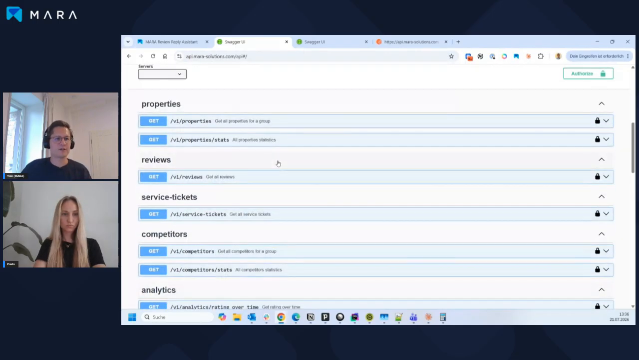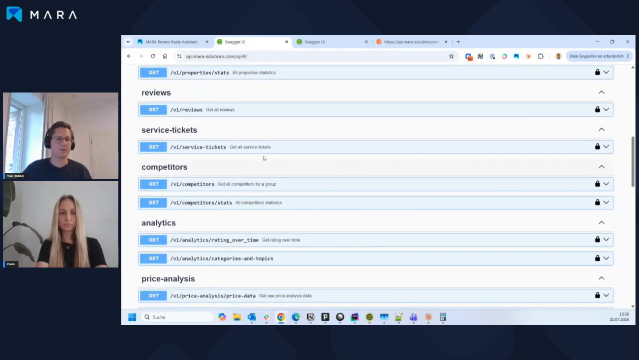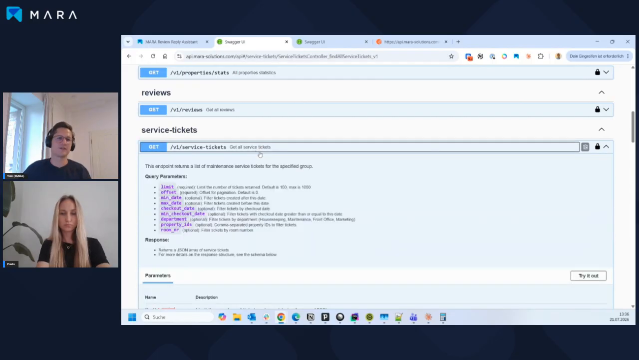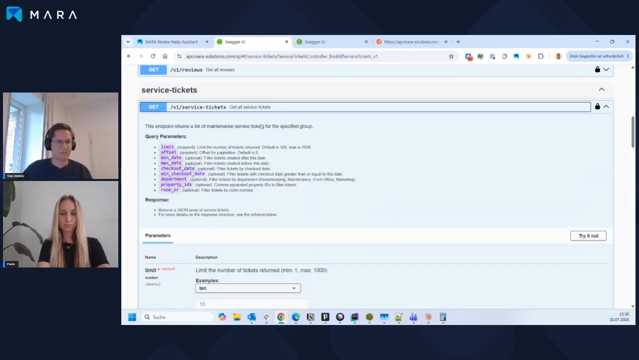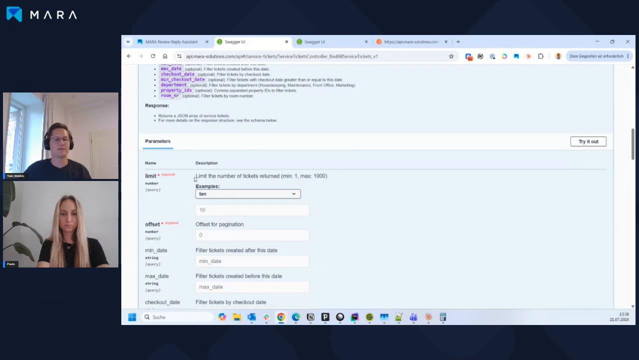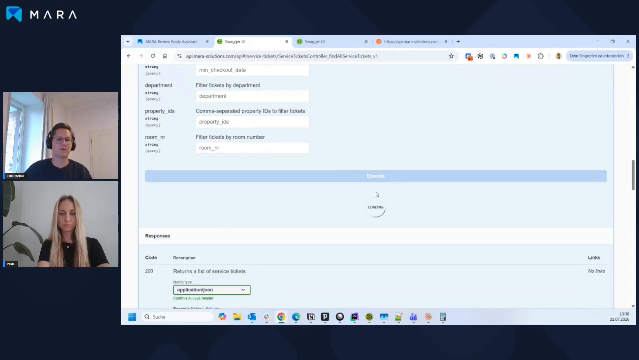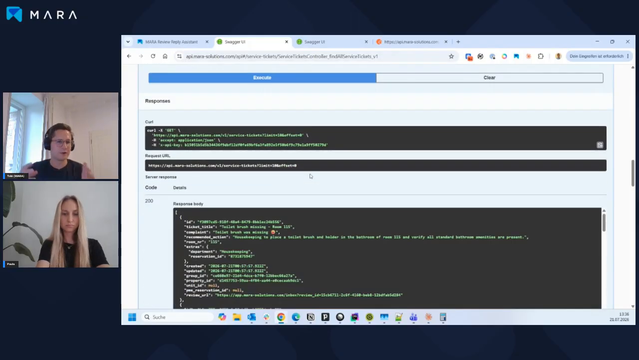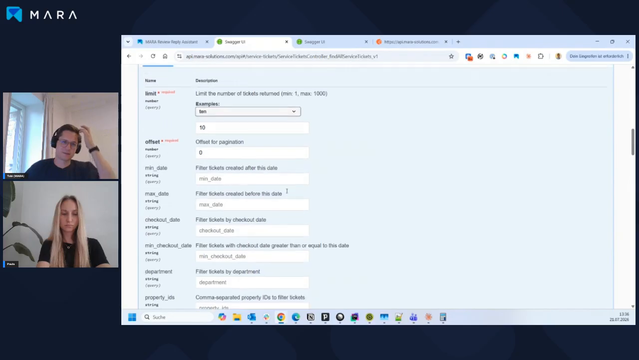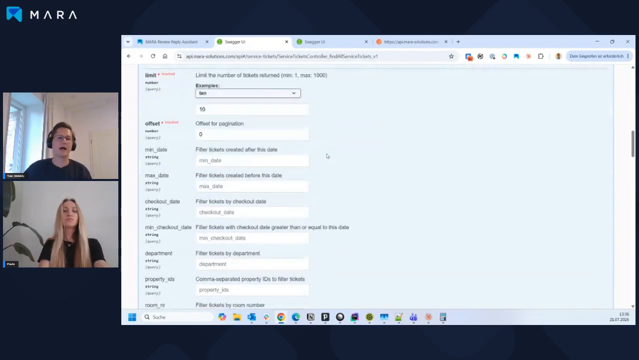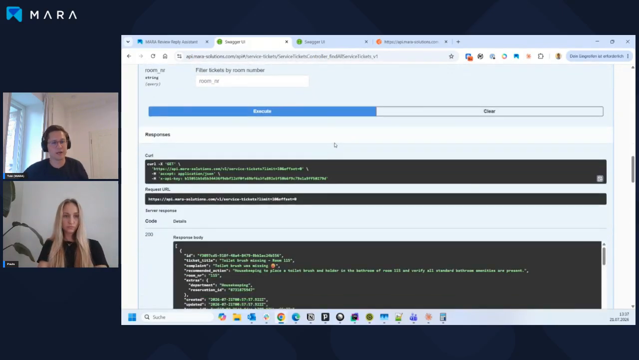The second use case is about building custom service tickets integrations. As mentioned, whenever there's a PMS integration, Mara is creating the service tickets directly in the background. So we can just have a look here and pull the latest ones for this account, but they remain in our database, but are accessible via this service ticket API endpoint